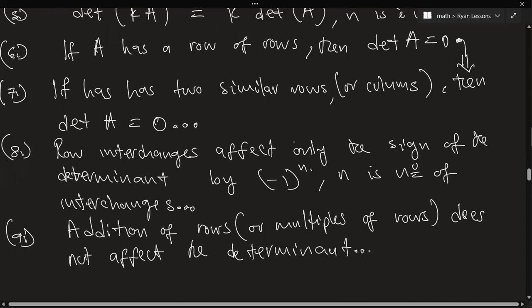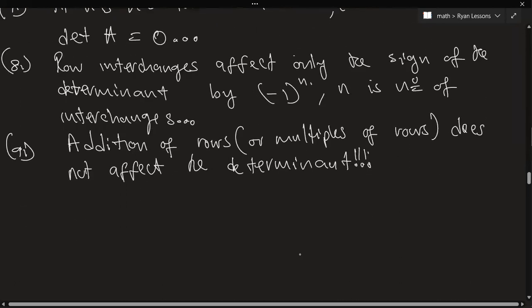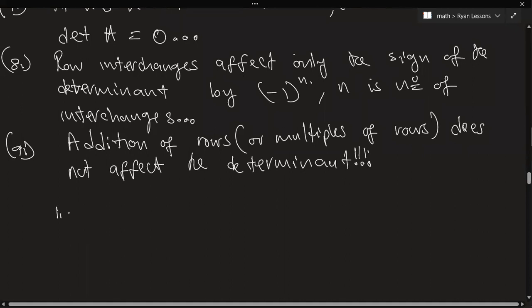So that's another quite important result when it comes to determinants: when you add one row to another, or a multiple of one row to another, it does not affect the determinant. So if A is equal to E_k dot dot dot E_1 of B, here I'm giving you a matrix which is obtained by row operations on another matrix B,